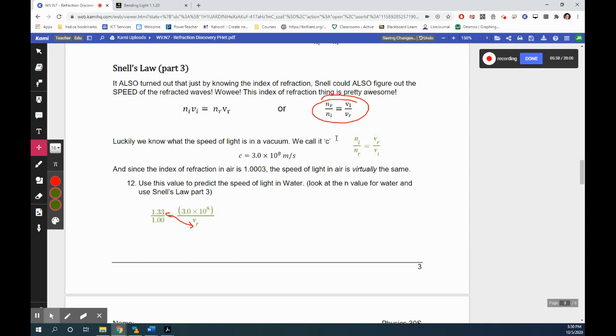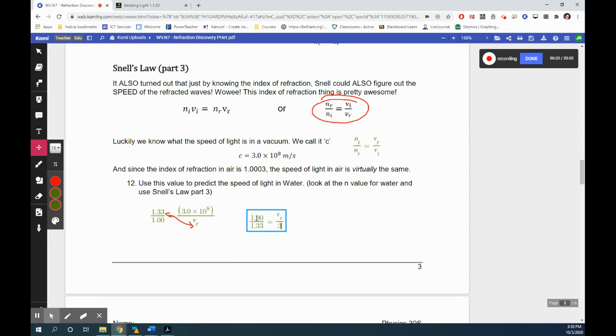Okay, we can write it this way. We can flip it, as long as we flip both pieces, that's all good. Now we've got Ni on top and Nr on bottom, right? We flipped N, we also flipped the V. If we flip both of them, then we're okay. And so if we do that, here we could say 1.00 divided by 1.33 equals Vr divided